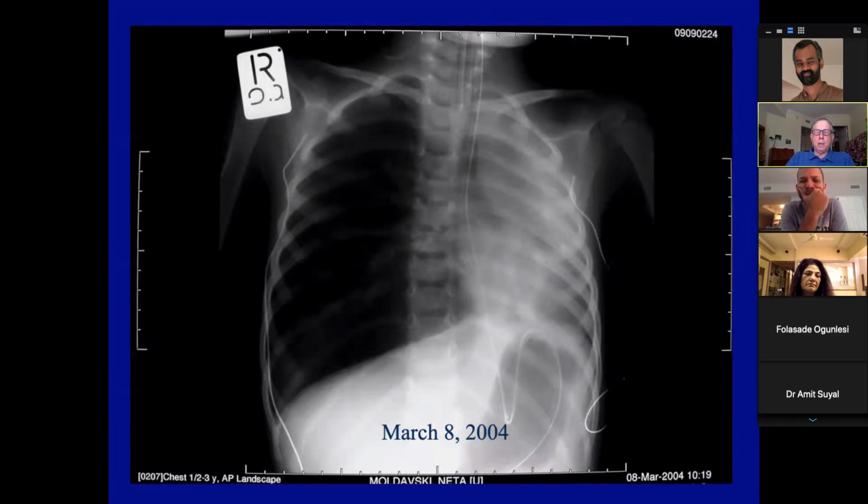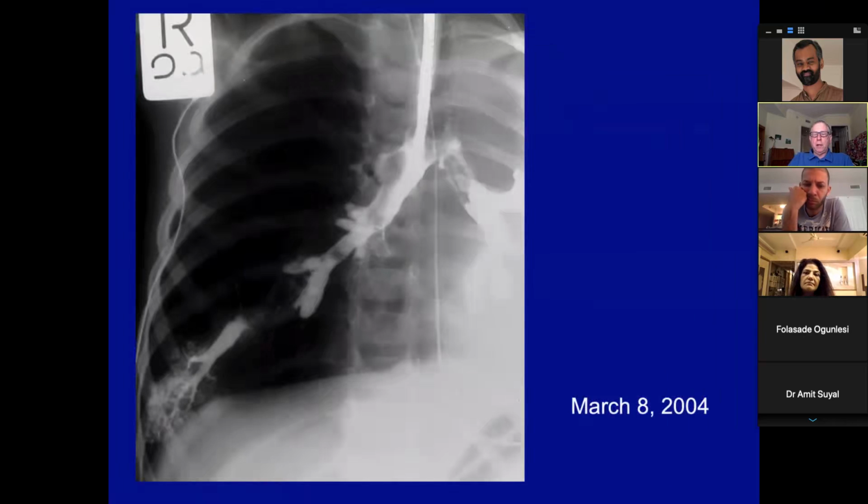She became really sick, and then they got this X-ray that showed a complete collapse of the left lung. And then the idea came that maybe they need to do a bronchoscopy, but also a bronchography. This was a technique that was largely abandoned in the 2000s, but actually was very revealing in this case. What you can see here is that the bronchi are filled, but they don't show this proliferation into smaller bronchi. These are bronchi that appear to be obliterated.